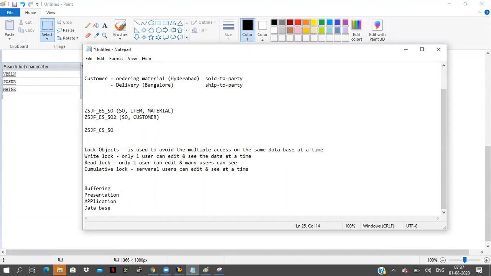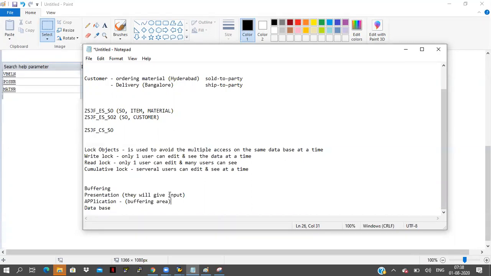In the presentation layer, they will give input, and then it will come to the application layer. In the application layer, one more thing is there, that is the buffering. Some buffering area will be there. First of all, in the presentation layer I give some input and click the F8 execute button.